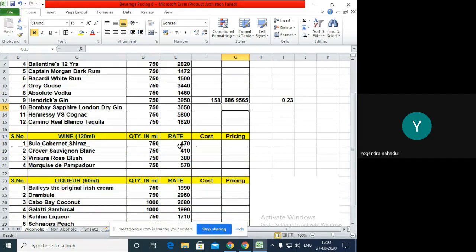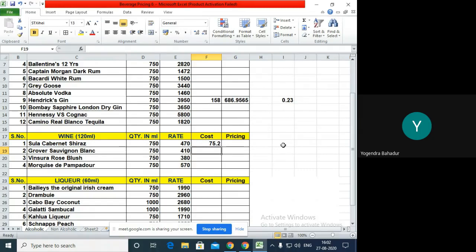Here the rate is 470 and the quantity is 750 ml. Here Sula Cabernet Shiraz is there. Cabernet Shiraz is basically made from red grapes, so it will be considered a red wine. The serving quantity is 120 ml. First of all, we need to find out the cost of this wine. For that, it will be equal to 470 divided by the bottle quantity 750, multiplied by the quantity per glass, that is 120 ml. So it comes to